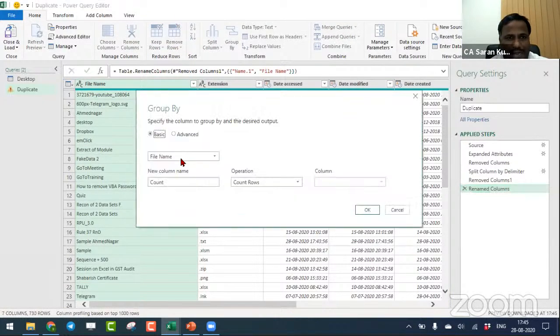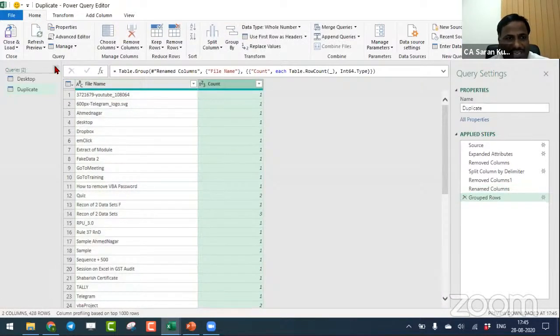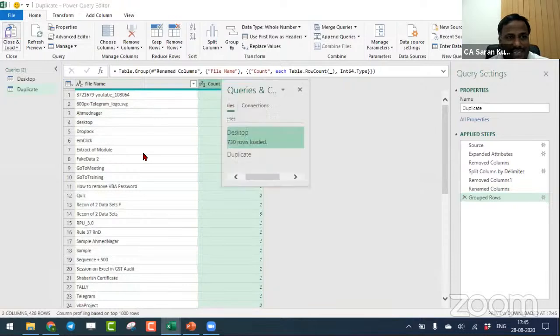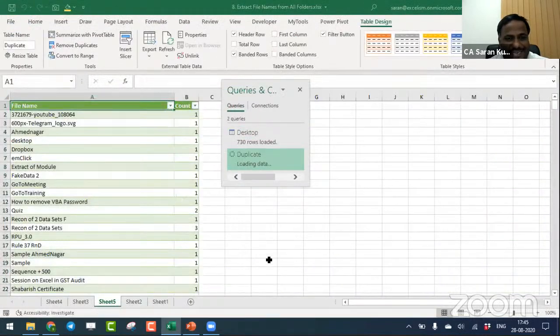Let me go to group by. I hope you all understood what I'm trying to tell. I want to know how many file names got repeated. So count the rows. Now let me click OK. Check it out. Everything is one, it looks like it is 1, but when I get into my